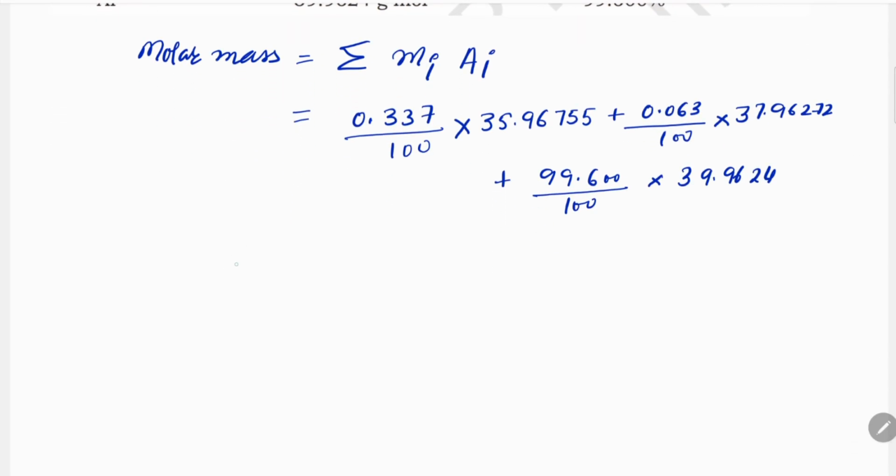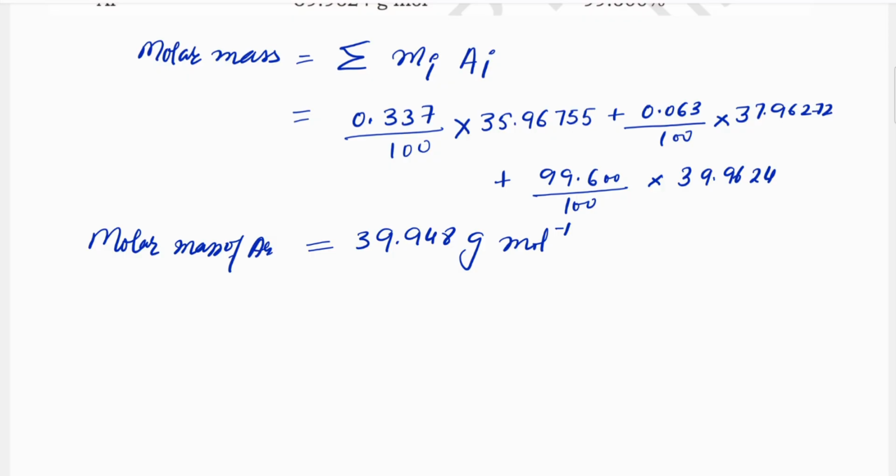When we calculate it, it comes out to be 39.948 gram mole inverse. So this is the average molar mass of argon, the molar mass of naturally occurring argon. So whenever argon is given to you, that argon may have all these isotopes in it, so its mass will be